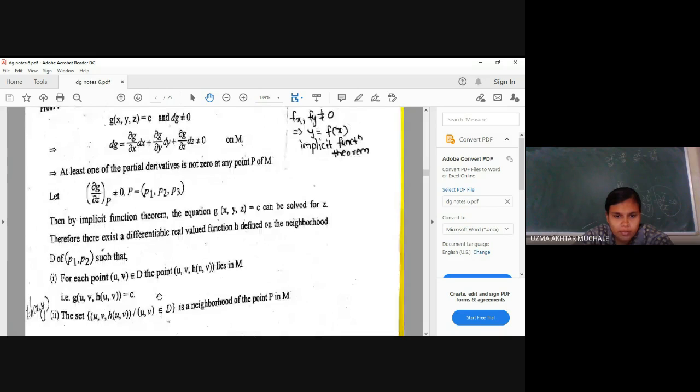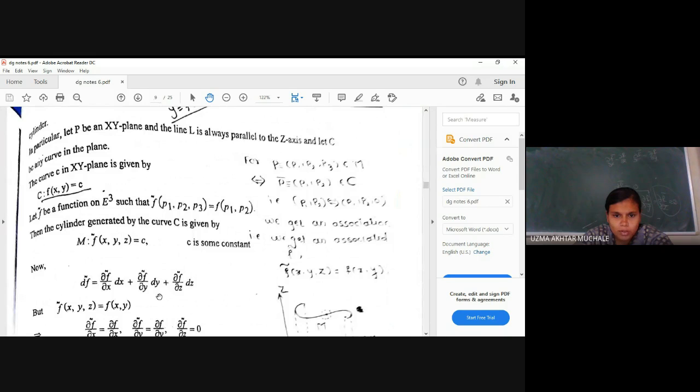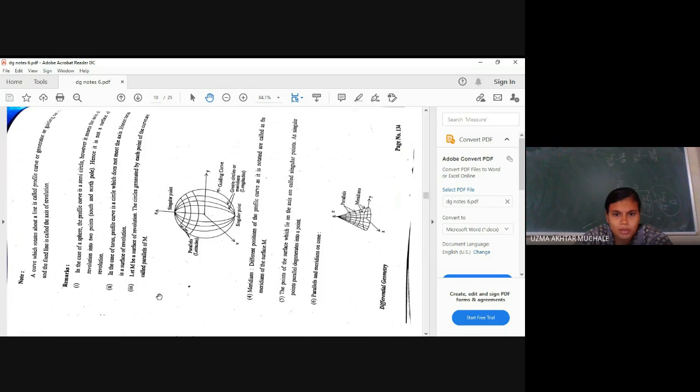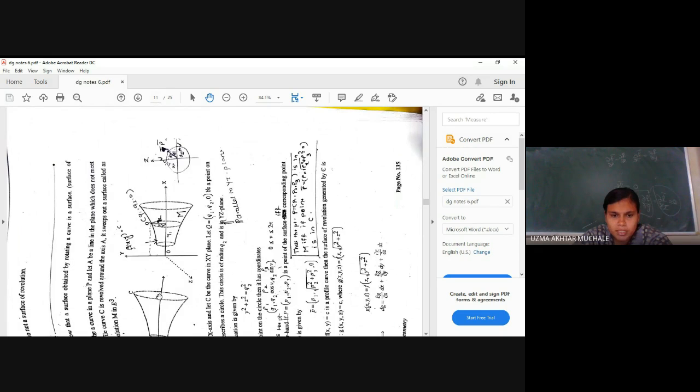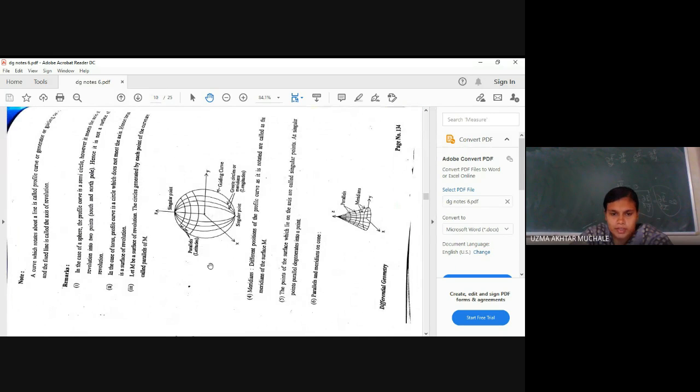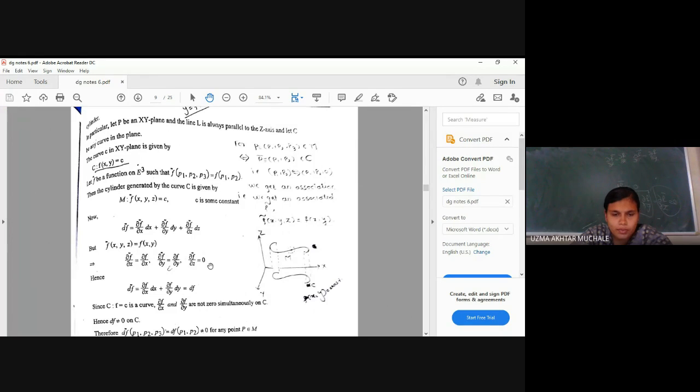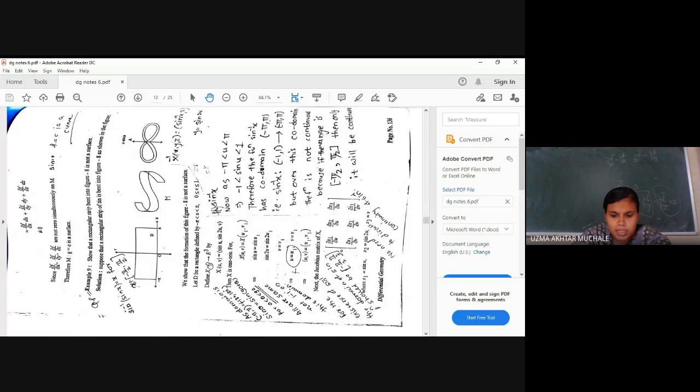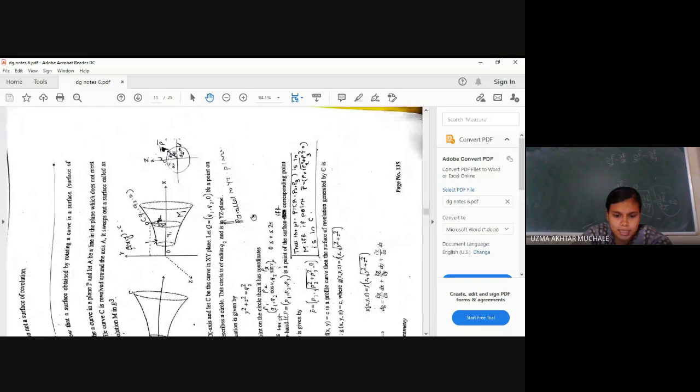Now let us go for one or two non-examples of a surface. What are those non-examples? We have studied that they are folded planes, and the next one is a disk. And one example we have taken is of a cone. Because for that point of the cone, we cannot find a neighborhood which is entirely contained in the proper patch. These are the things which we have seen in the last lecture. Now let us go to the next.